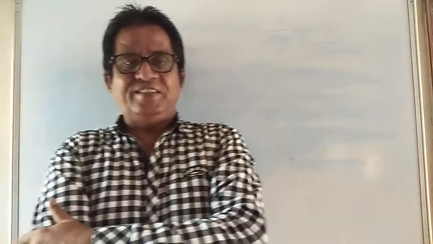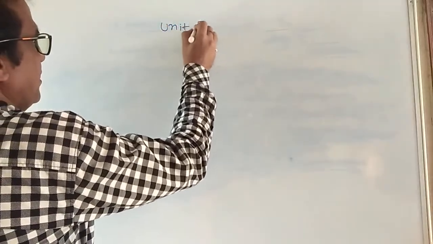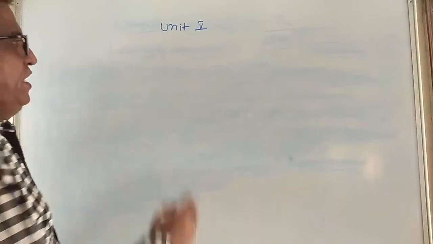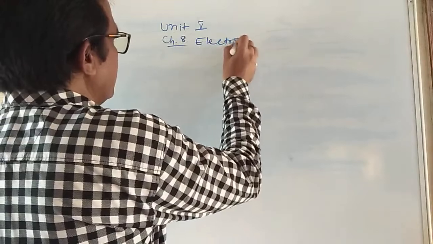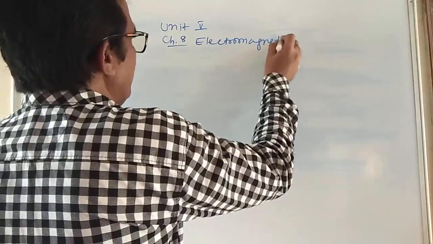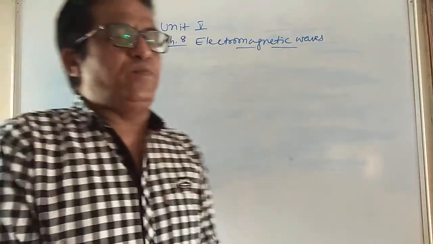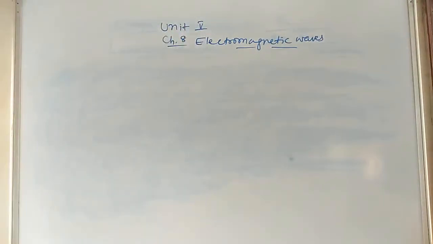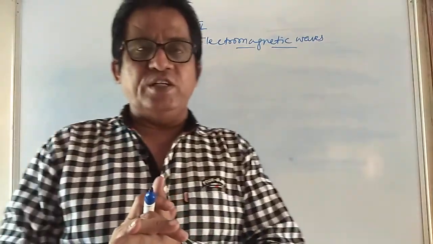Hello, my dear children. Again, we are here to see our new topic that we are going to discuss, that is Unit 5 and our NCERT chapter number 8, that is electromagnetic waves. My dear children, this year our first topic that is related to the displacement current is deleted. Is it clear? So remember this.